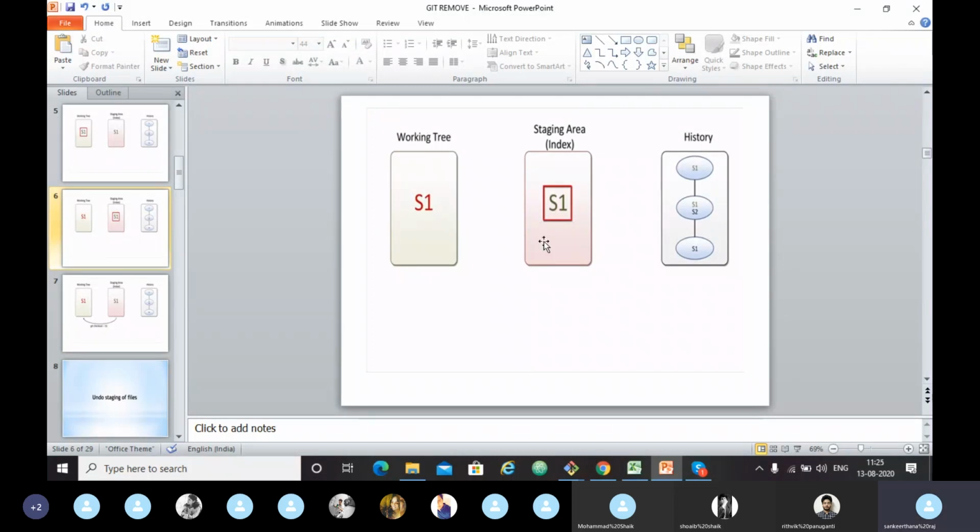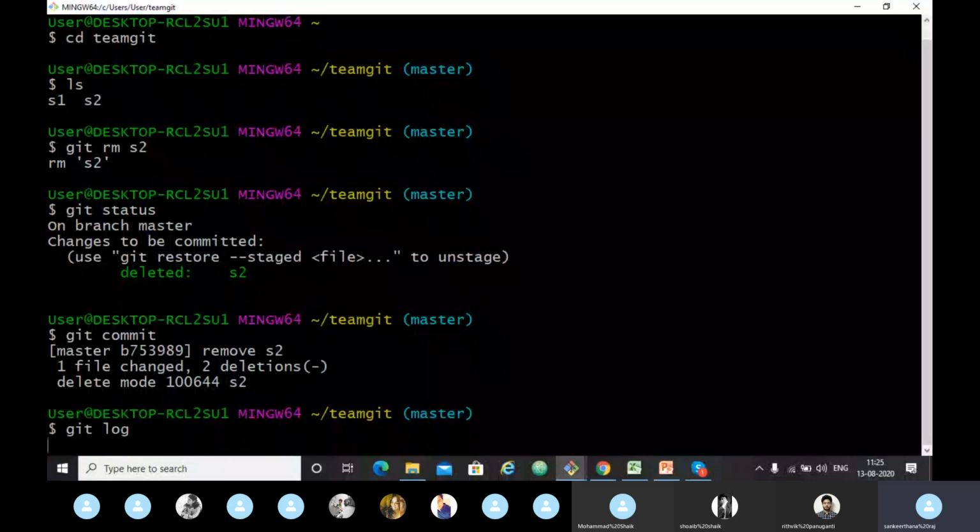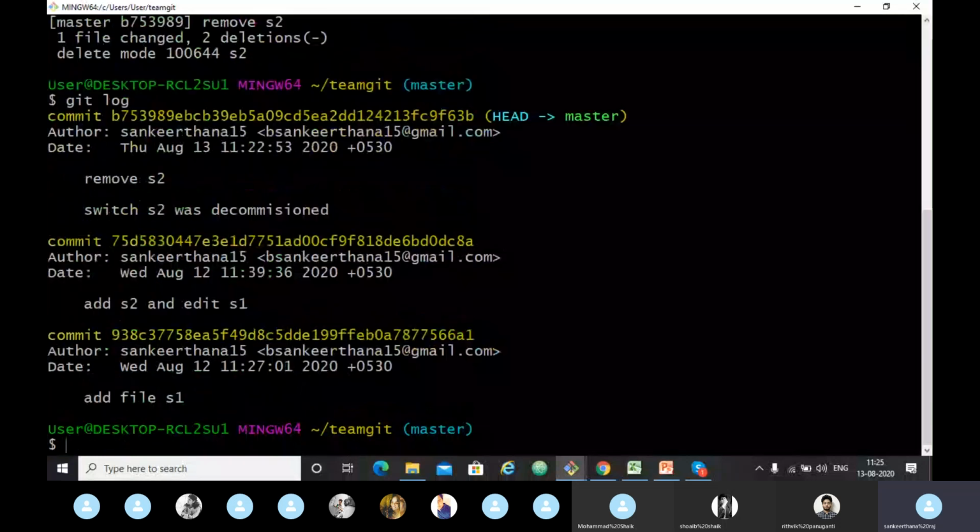Okay, checking our commit history, we can see it with git. If you want to check what the changes are and who made them, just type git log. See, we have made 3 commits. The first commit is add file s1. Yesterday we did two commits: add file s1, add s2 and edit s1. The third commit we did today is remove s2.